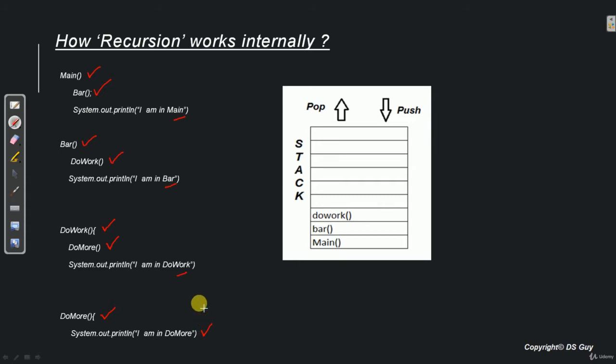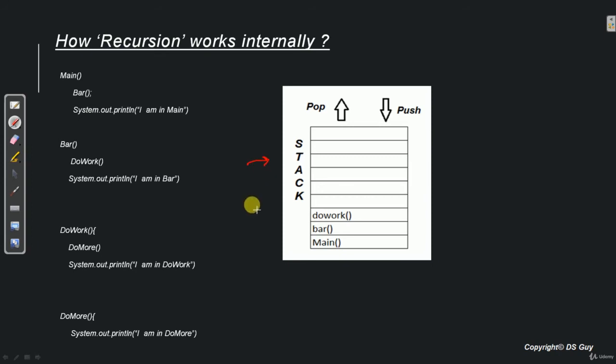Now assuming that the control starts from main method, let's see how all of these method invocations are done by system. So here we have a stack memory, which is basically a memory which is maintained by system for method invocations.